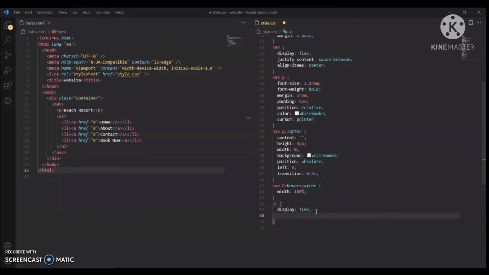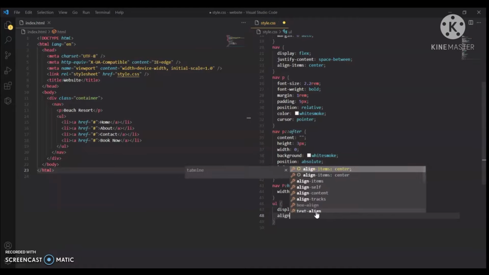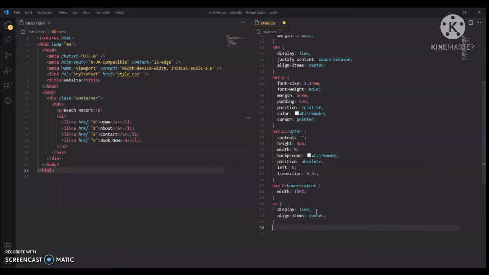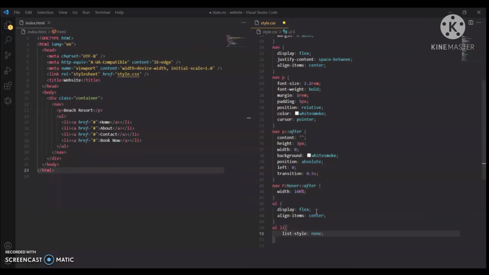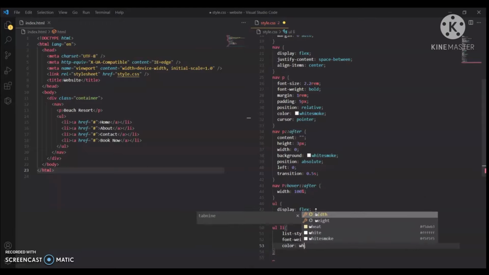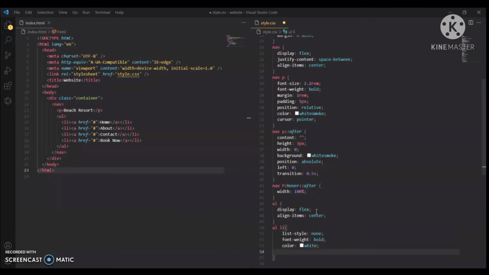So here we will style the navigation bar. List style none, it will get rid of dots. Color white.